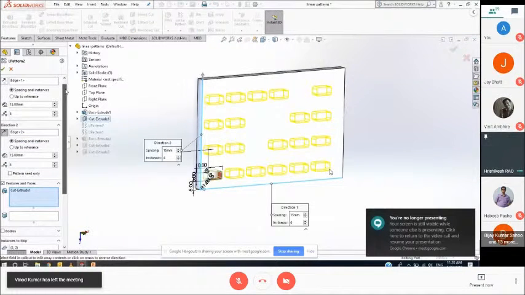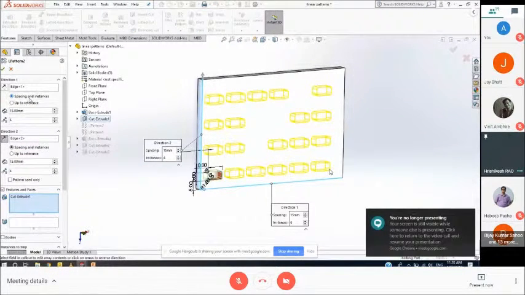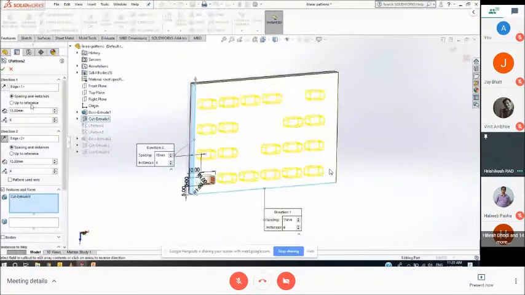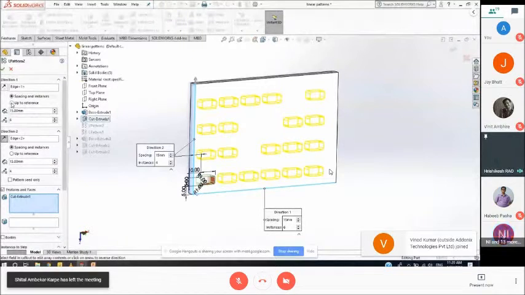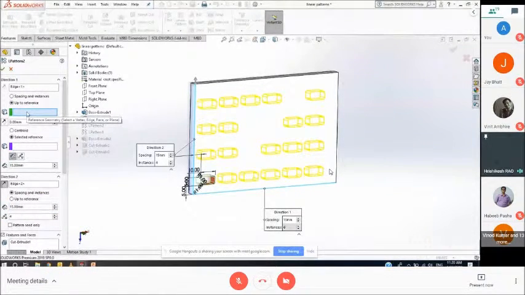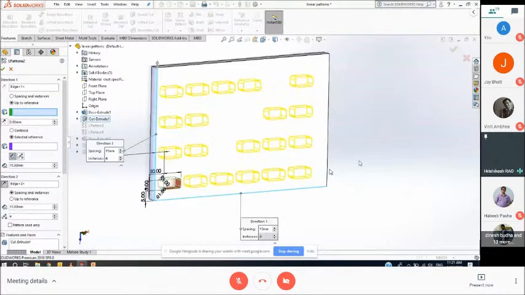As for spacing, you can determine your instances. You can specify your patterns by either giving the number of instances and the distance between them, or you can select up to reference. The up to reference is an option where you can select a vertex or an edge. So the pattern will automatically instance up to that particular reference. For example, if I select this edge